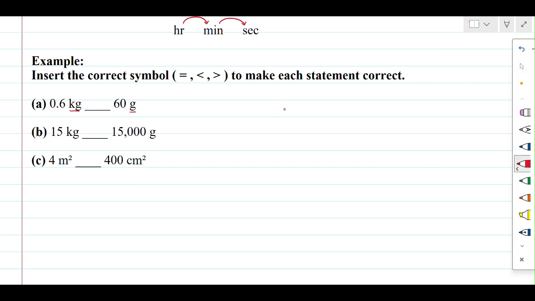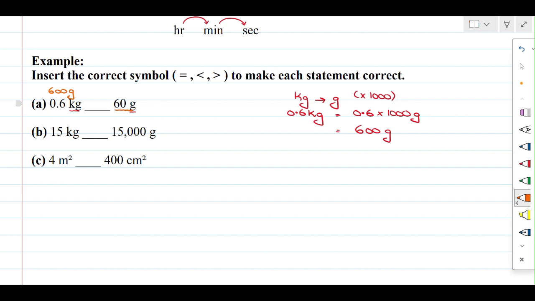So here we can say kilograms, you can convert them into grams by multiplying by 1000. So if you have 0.6 kilograms, I want to convert this into grams, I have to do 0.6 multiplied by 1000. The answer is in grams. So this is 6 with 2 zeros, 600 grams, because 1 zero is already cancelled out when you shift the decimal point 1 place to the right. Or you can do it on the calculator. So 0.6 kilogram is basically equal to 600 grams,